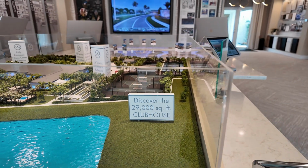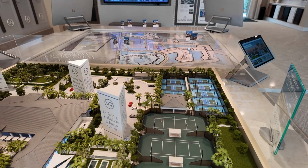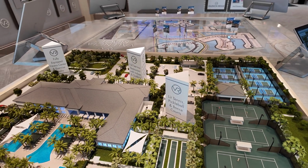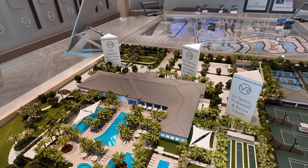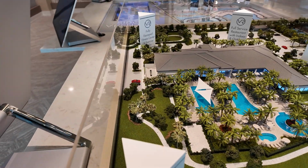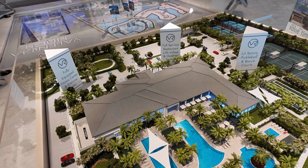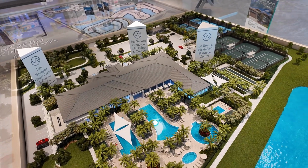This is the third neighborhood in Wesley Chapel by this builder, and every single time they've knocked it out of the park when it comes to the amenities and the community feel. Because at the end of the day, you're not just purchasing a home, you're also buying into a lifestyle, and you want to make sure that the area you're buying in aligns with what you're